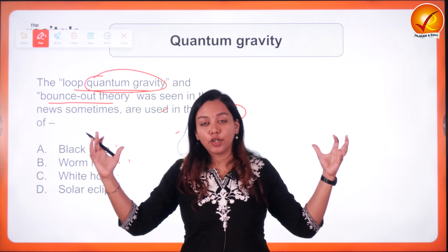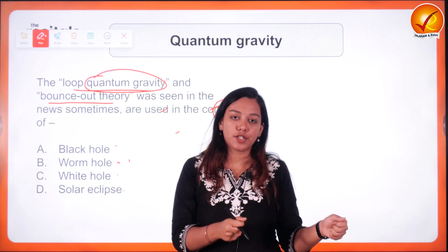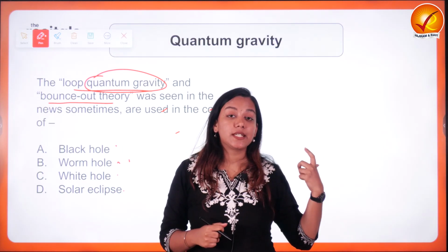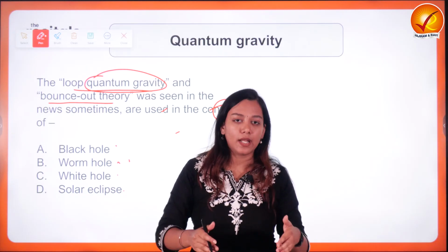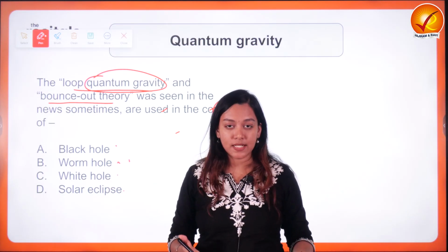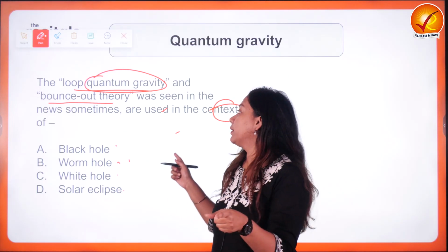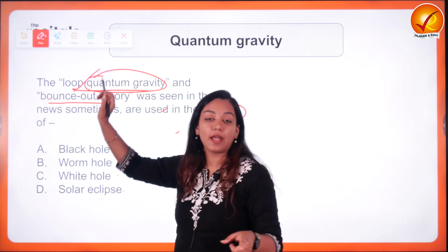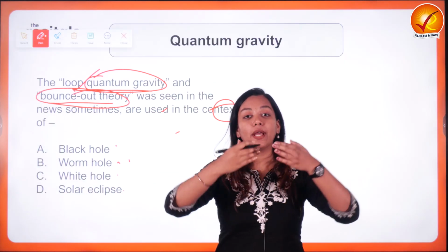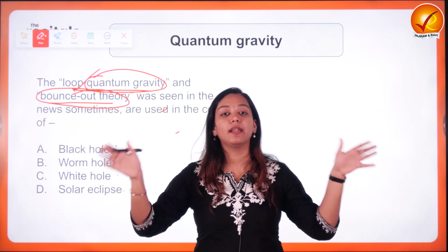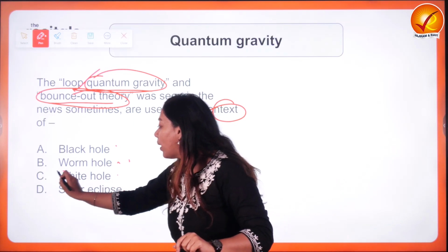Now please remember, a black hole is something which is able to squeeze everything towards itself because of the massive gravitational pull. It's not actually the gravitational pull, but it is actually the relativistic mechanics, because it is able to warp the space-time around it better as compared to the surrounding objects. So obviously, naturally, it's pulling everything towards itself. What are we talking about here? It definitely follows the loop quantum gravity, but the bounce out theory says everything is moving apart again and again, more and more, farther and farther. So this stands correct for a white hole.